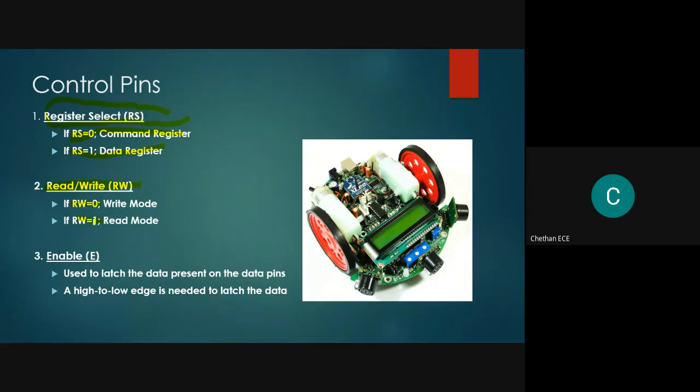But if you want to display the written data on the LCD, the most important control signal you have to use in our application is enable. The enable signal is used to latch the data present on the data pin. And what do you mean by latching the data? You make RS equal to 0.